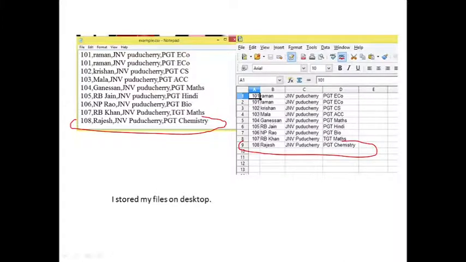So in this way you can easily ask the user to enter values, and a good programmer will always provide the correct choices to the user to input the data and store it in a CSV file or extract the data from a CSV file.